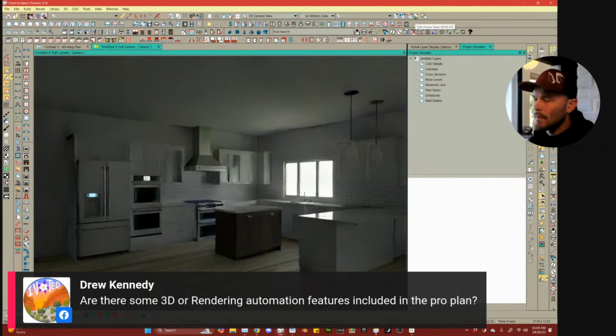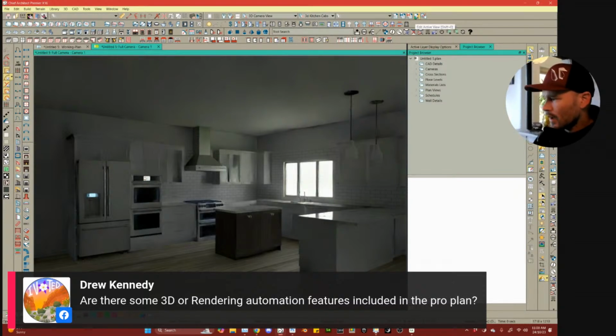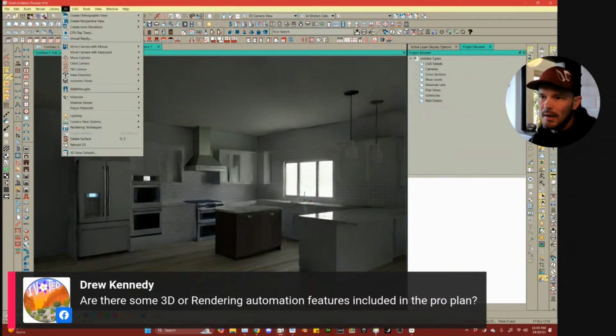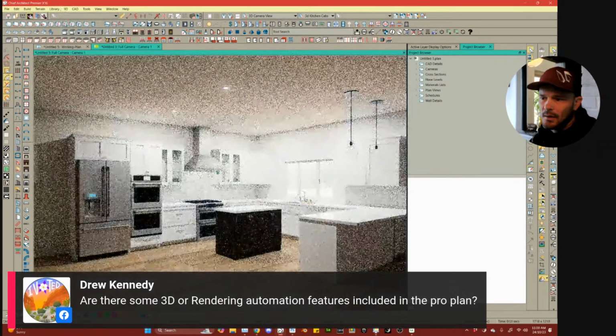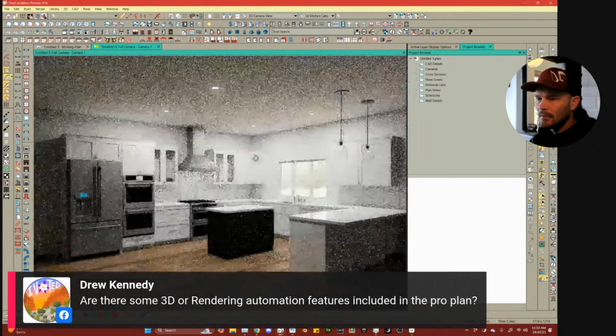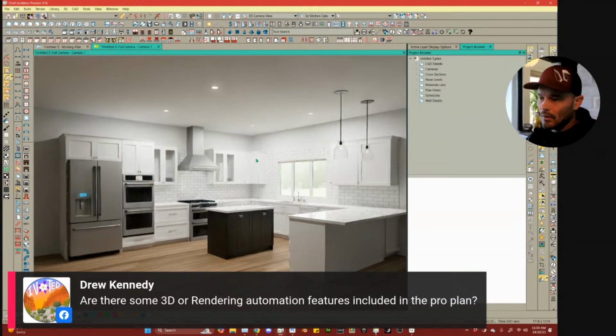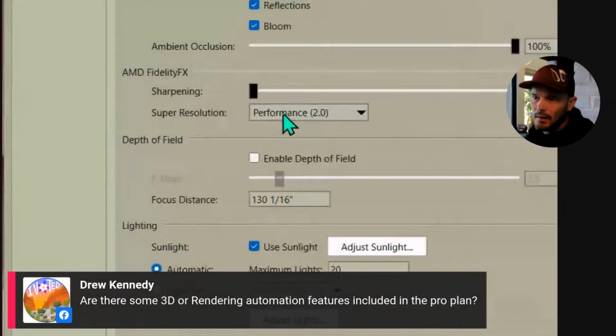Out of the box, this is meant for fast rendering, really quick rendering. So we've got some settings here that are going to make it look a little bit muddy. Right now you can barely see it because we need to rebuild that 3D. This is for those systems that are a little underpowered on their graphics card, or also if you just want to be drawing live and see what that looks like live. So we would edit the active view and kick on our super resolution back to native resolution,